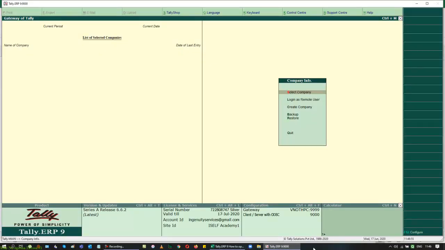If you want to maintain books of accounts in Tally, whether it is for an individual or for a company, you first have to have a company name. If you're dealing with an individual, then you can give the name of that person. If you're dealing with a company, whether it is a proprietorship, partnership, public limited company, private limited company, anything that you want to maintain in Tally, you can do that.